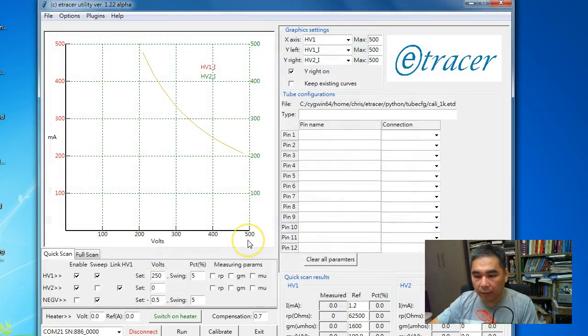let's check the accuracy of the current measurement on etracer. So this file is carefully designed. The X span is from 0 volt to 500 volt, and the current span from 0 to 500 milliamp. So theoretically, if we use a very accurate 1K ohms resistor, we should measure 100 milliamp when the HV output is 100 volt, and we should measure 200 milliamp at 200 volt, and so on and so forth. So let's check